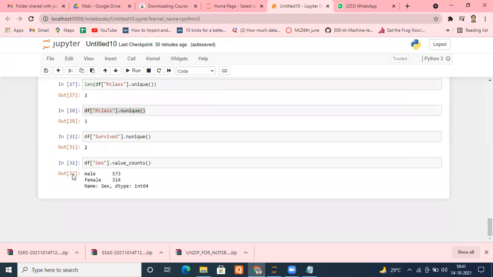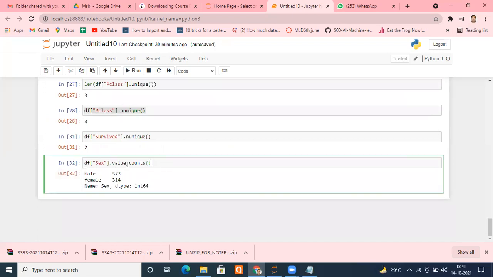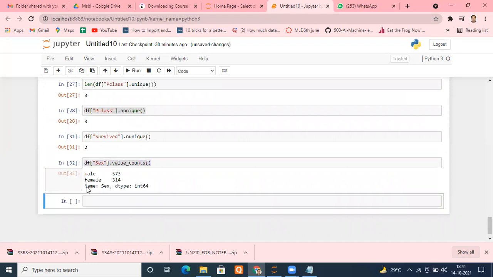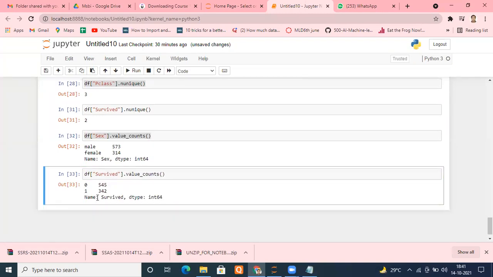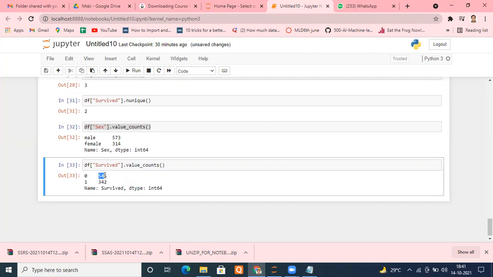Again, the same thing I can do for the survived column, and it will tell me whether my data set is balanced or not. It is telling me 0 for 545, which means most of the people died, right? And 342 survived. So is it balanced?